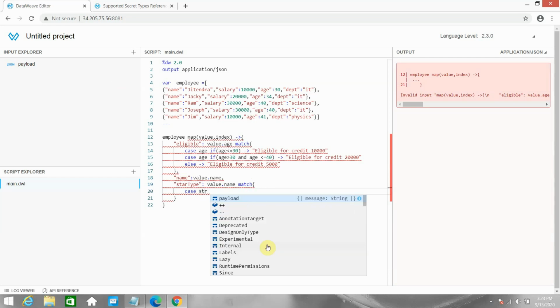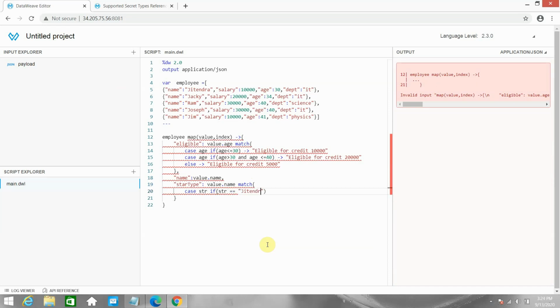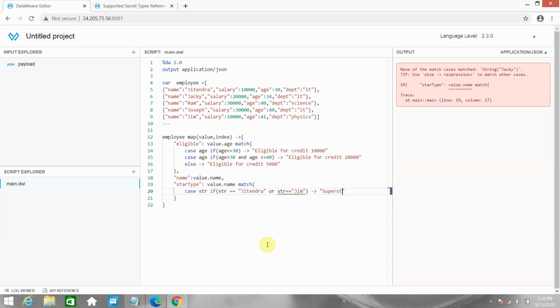Okay, and I can say if str is equals to Jitendra or str is equals to Jim, in this case he's a superstar. Okay, just copy this statement and I can say else, this is the syntax. I can simply say else star,